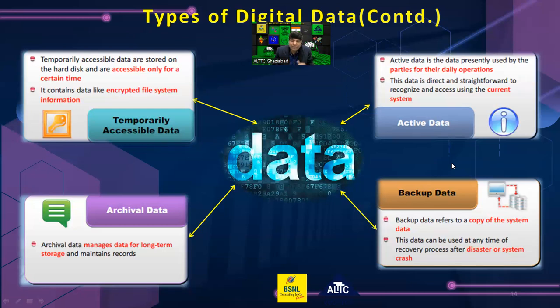If any mishap happens at the Chandigarh site due to a disaster or any other issue, we can definitely recover data from the other location. In the same manner, Kolkata and Hyderabad. Okay, so this is backup data. You can say this is possible mostly at the local level, computer level, high level, national level, state level, all types.